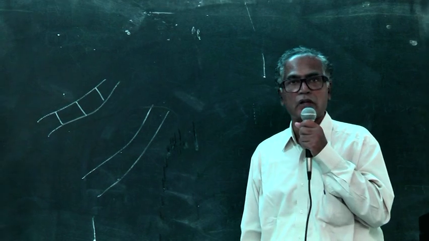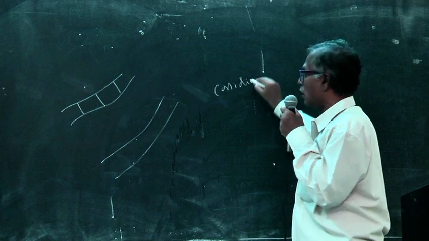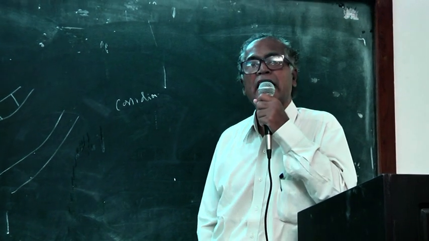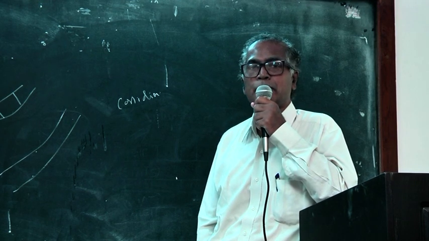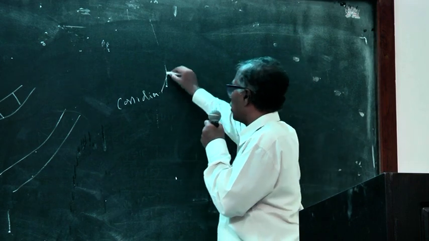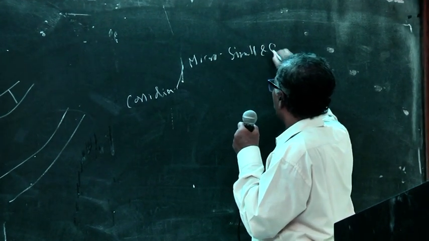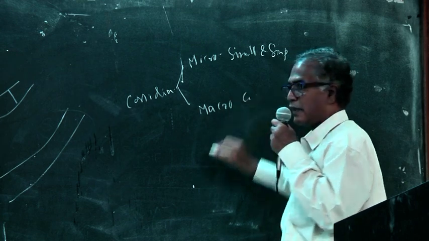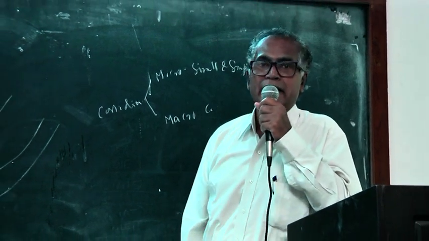The asexual spores are called conidia. These conidia may be classified as microconidia, which are very small and simple in size, and others called macroconidia. As the name says, macro, they are bigger in size and complex in nature.